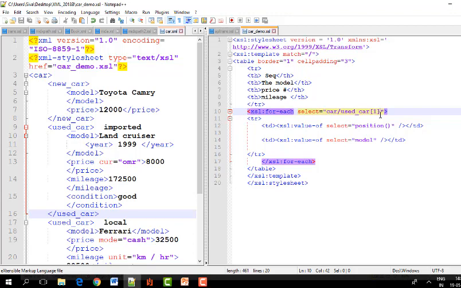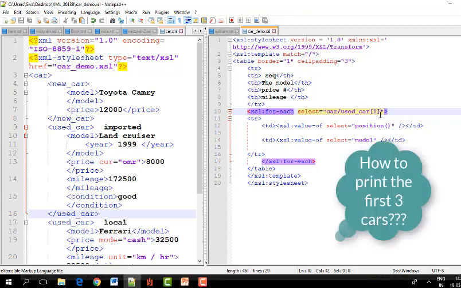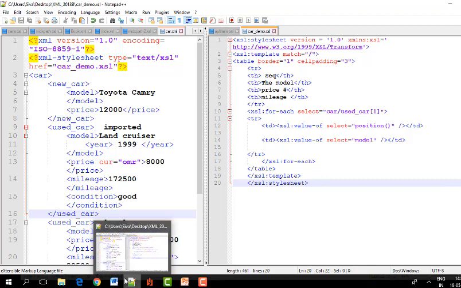And you may also wonder how to print the first 3 elements. So this is an exercise for you. Try to find out. If you can't find out, just raise a question in the forum. I will give the hint. So the next one is about